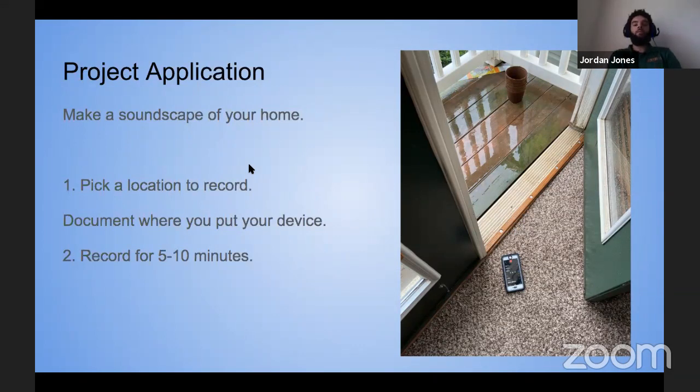But in this picture on the right, in this slide, you can see my phone. I actually recorded the sound outside on my balcony in my apartment. All I did was open the door and put my phone on record. I sat it right inside the door, and it was raining outside, and I knew I was going to capture everything that walked past that door, so everything outside. If a car drove by, or if people were leaving to get in their car, or walking their dog, all of those sounds I knew were going to get captured. So this is where I placed my phone to just record on its own.